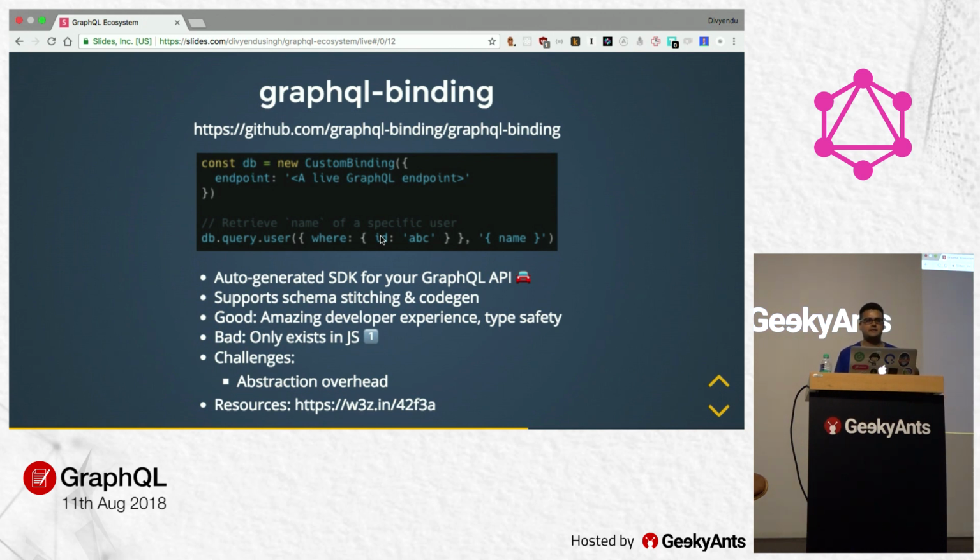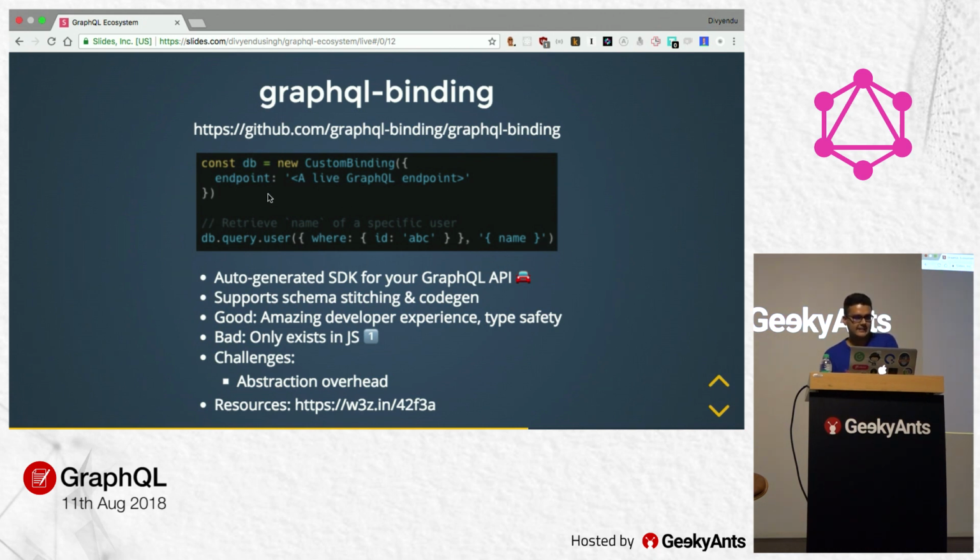This really makes developer experience super easy, because for your specific API while writing code, you start getting auto-completion, and you get a custom SDK that turns stuff like db.query.user, where user is something very specific to your business. It supports code generation. It's built on top of schema stitching, and you can just generate a lot of code,